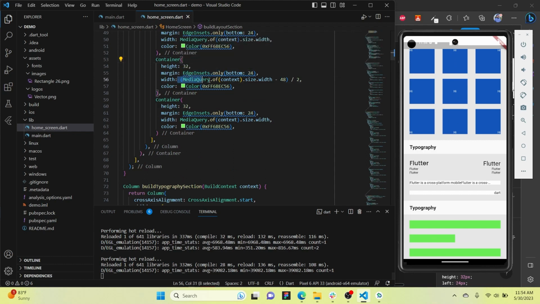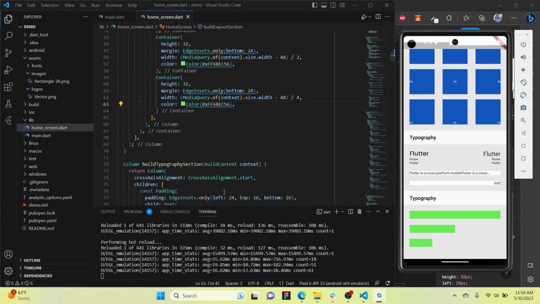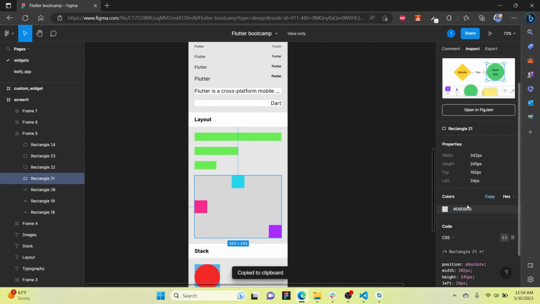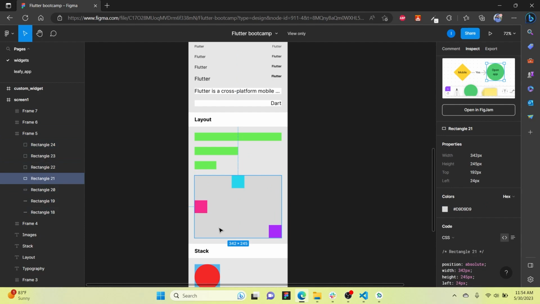And for the bottom one, we will just divide it by 4 instead, because half of this is divided by 4. So let's do that. And as you can see here, it's working properly. Now let's create the bottom section. For this, we'll use the whole height of the gray color box. The box is a bit different color than the previous gray. So let's create a box,